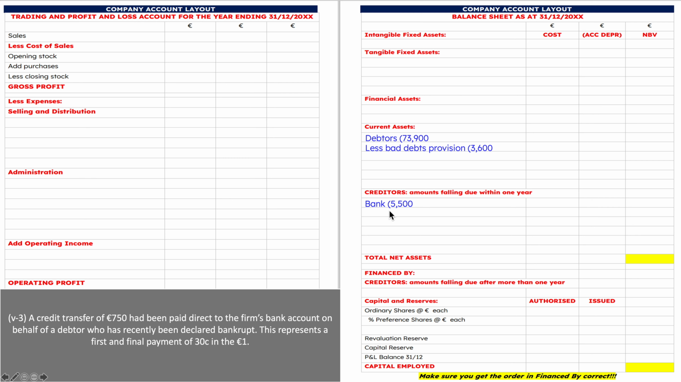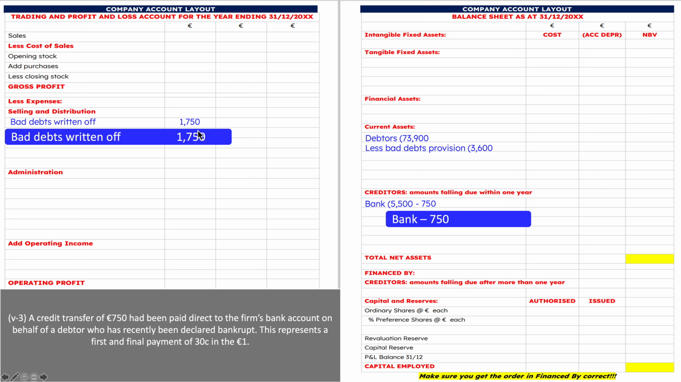Okay, so our bank account in this question was on the credit side, so that means it was a bank overdraft. So bank 5500 there. Now, 750 came into the bank, so the bank there minus 750. So that is 30 cents in the €1. The business is not going to receive the other 70%. So that is bad debts written off